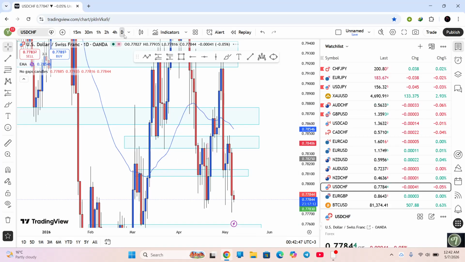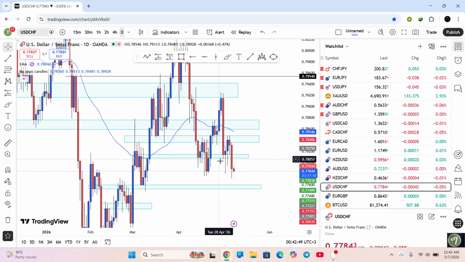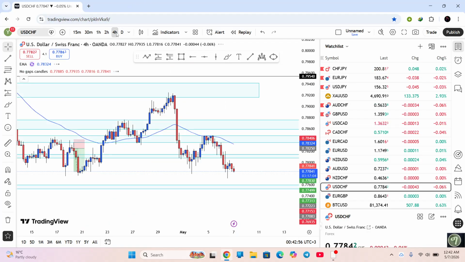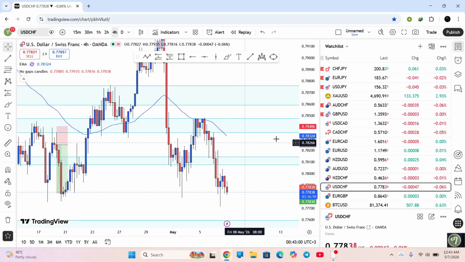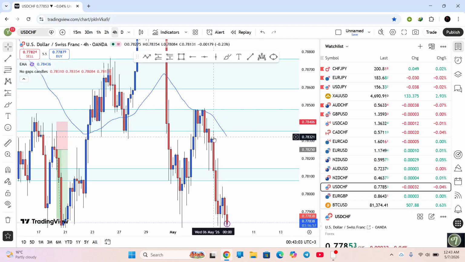The other pair, as you can see, is CADCHF. We got the break, the retest, the rejection, and as you can see, price formed the upward wick, and boom, straight to the downside as I expected. I told you guys I was waiting for price to give me some kind of rejection without having a body closure above this structure point, and it just left without me. Right when the market opened, right when the next daily candlestick opened, it just kept going to the downside. I was not able to catch this trade.